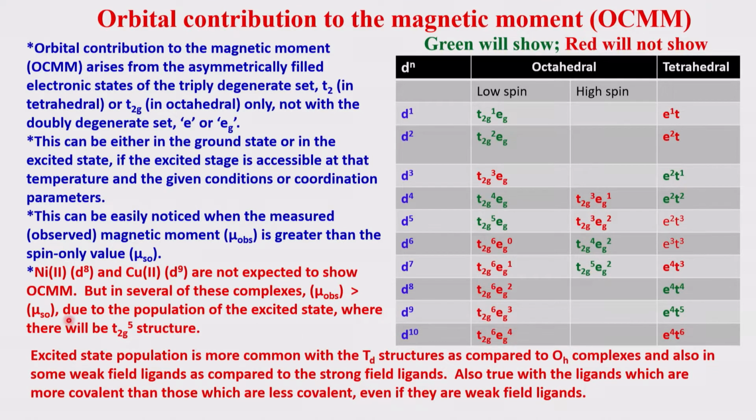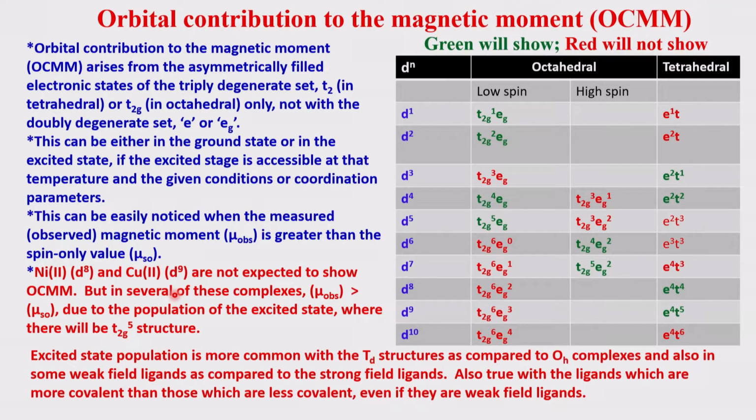Now, suppose you look at the nickel compounds D8 and the copper 2 compounds D9. As per this, they are not supposed to show any orbital contribution to the magnetic moment. OCMM is orbital contribution to the magnetic moment. But several compounds, not all compounds, several of the compounds of nickel 2 as well as copper 2 show